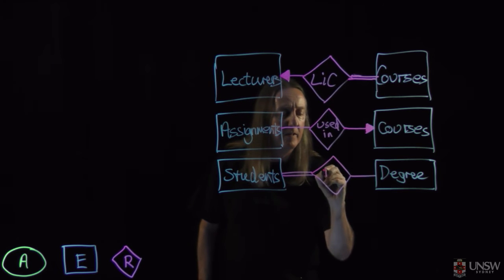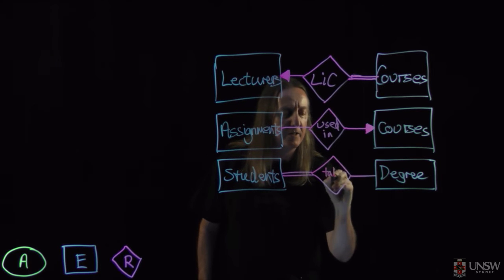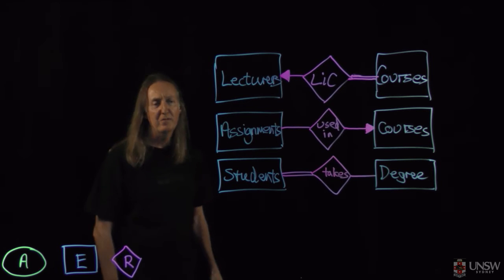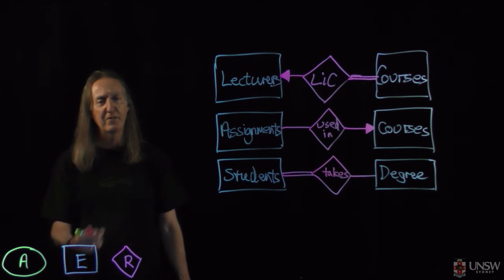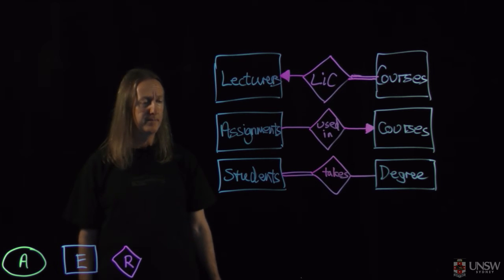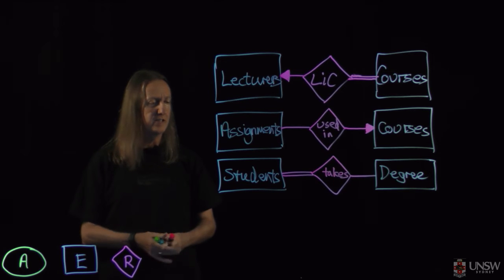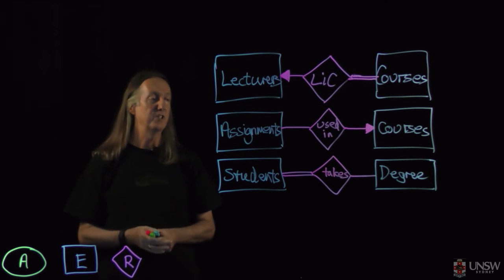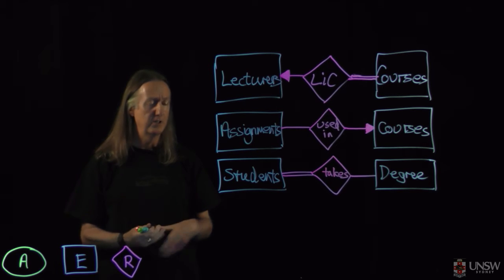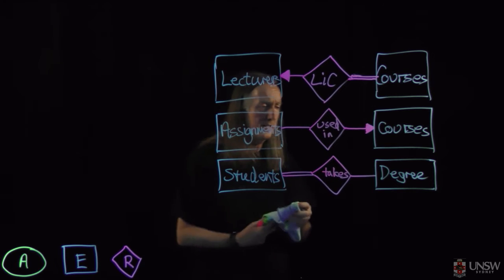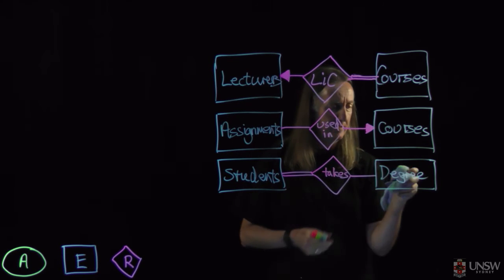We're not going to insist that degrees are taken. Maybe we have new degrees that haven't yet been offered, so they won't have any students enrolled in them. So that would be a representation for that scenario. So that's students and degrees. And the final thing I wanted to look at,